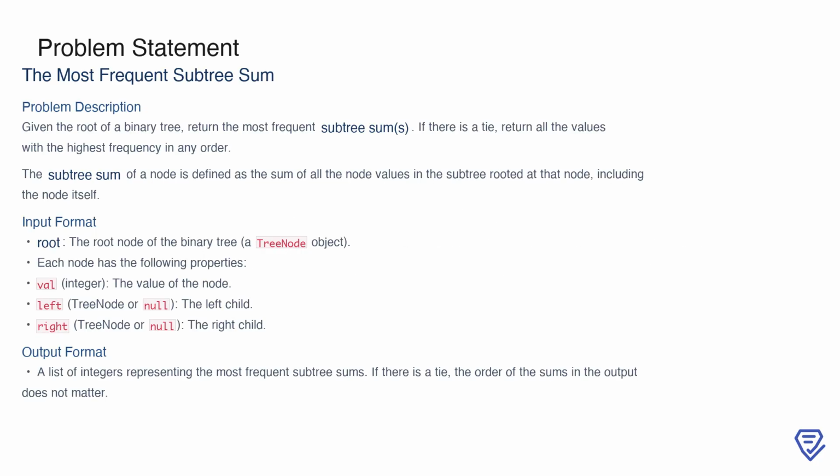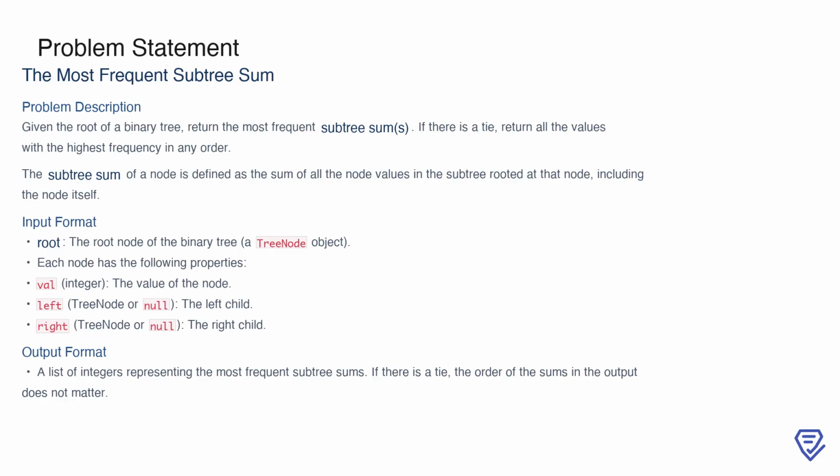In this problem, we are working with a binary tree, and the goal is to determine the most frequent subtree sums. A subtree sum is defined as the total sum of all node values in a subtree, including the value of the root node of that subtree. For example, if you have a node and all its descendants, the sum of their values would be the subtree sum for that node. The task is to calculate these sums for all nodes in the tree and determine which